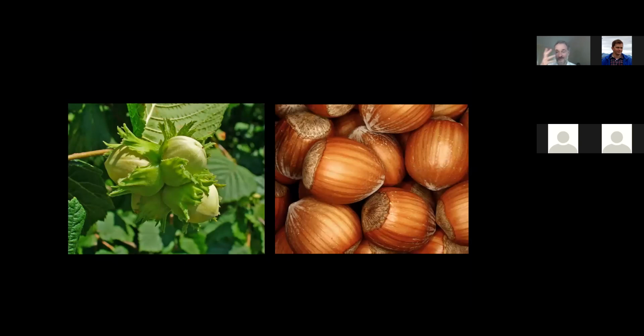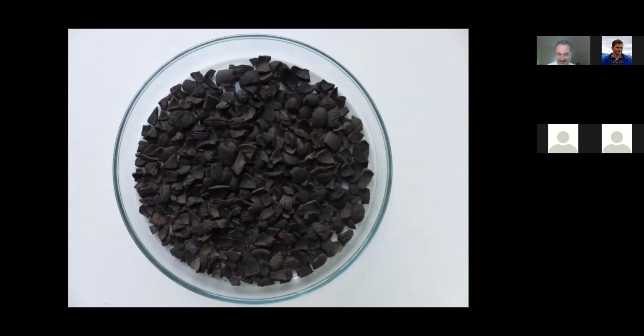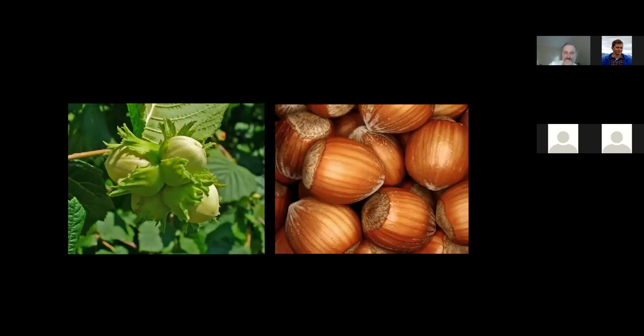And here's a picture of some hazelnuts now. You can see these burned ones, even though they're nearly 10,000 years old. They look almost like someone just threw the charred remains of the nut shell into the campfire just yesterday, because being burned and buried like this really preserves plant material very well. So these hazelnuts